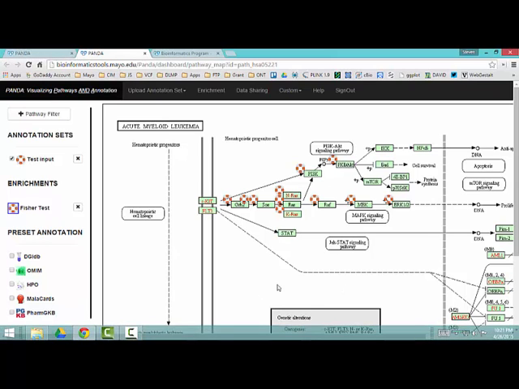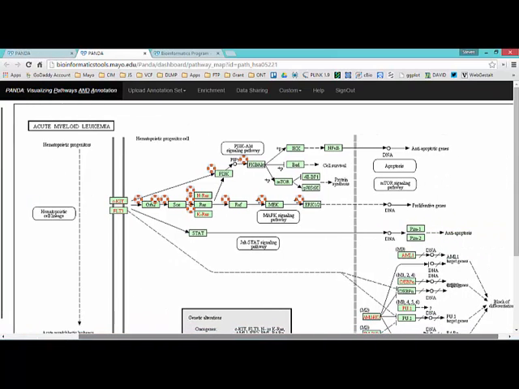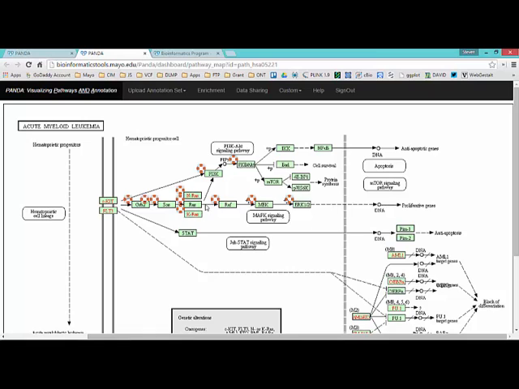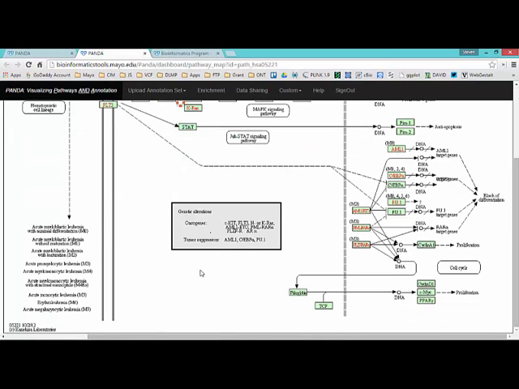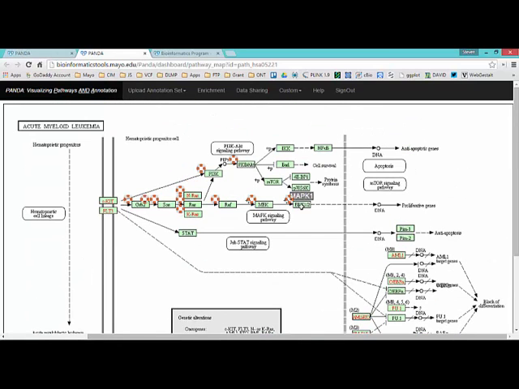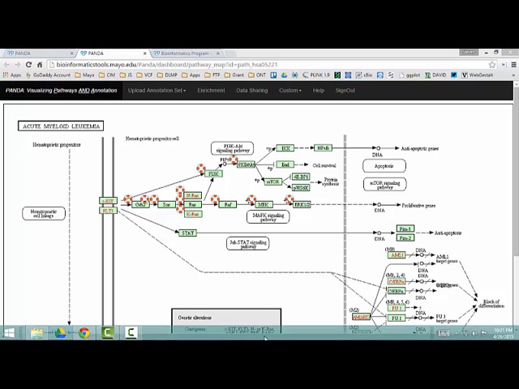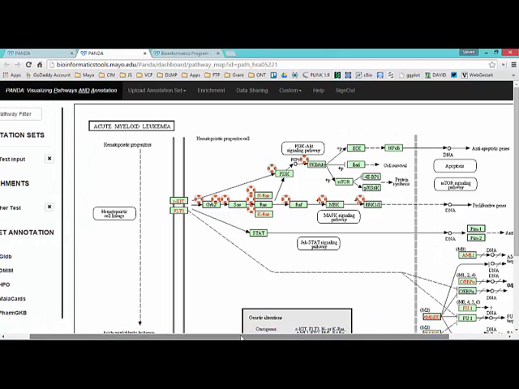And what I can do is I can very quickly look over the entire pathway, and I can see that this part of the pathway is much more enriched for that gene list than, say, this part of the pathway. So I could concentrate my efforts here. Alternatively, we could